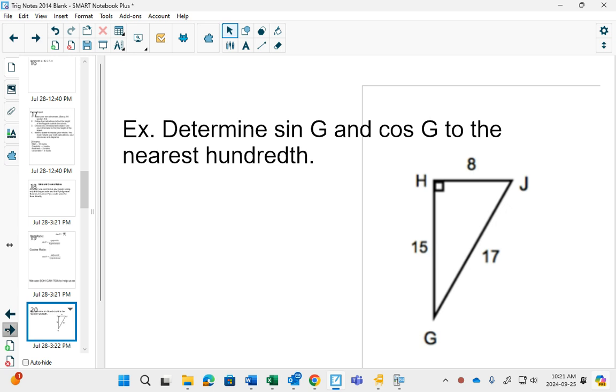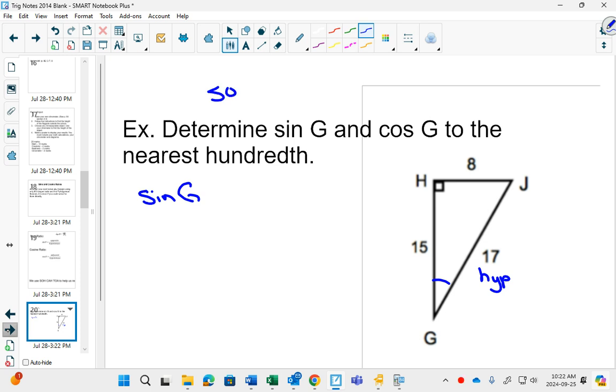So here we have a triangle, and we're going to talk about the angle G, which is right here. On a triangle, you can always label the hypotenuse, but I would avoid labeling opposite and adjacent sides because it changes depending on if we talk about angle G or angle J. If we're talking about angle G,